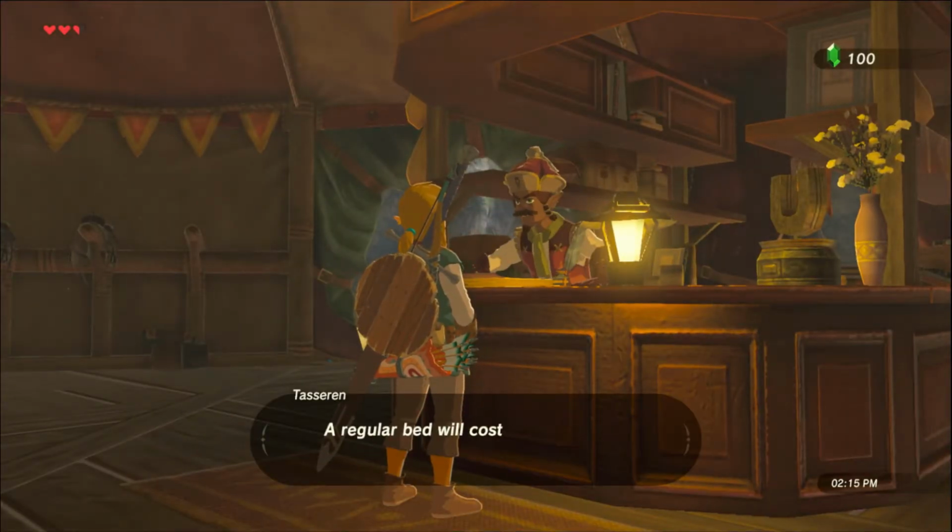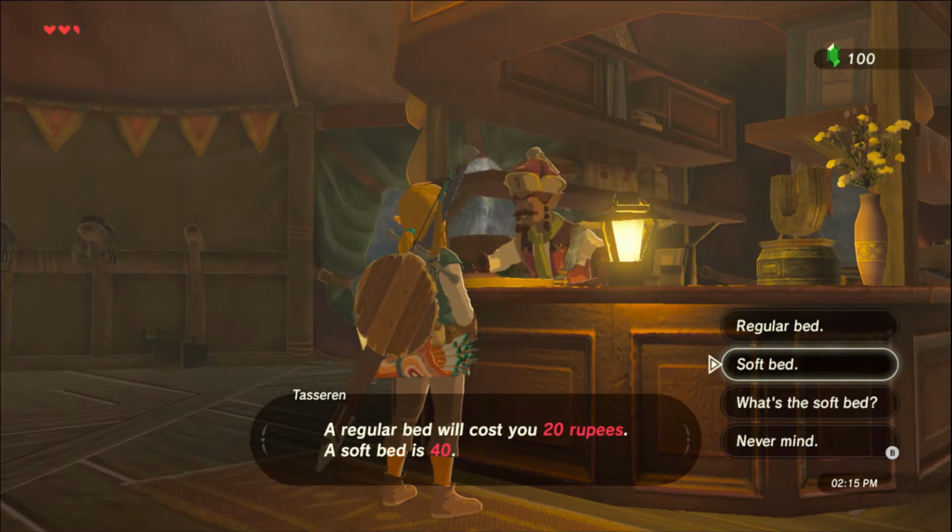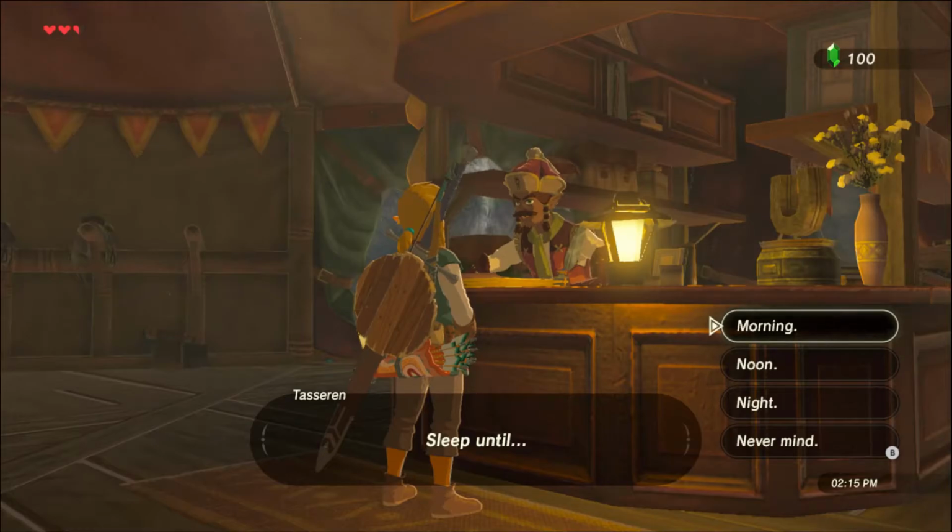And welcome! Will you be staying with us? A regular bed will cost you 20 rupees, and a soft bed will give you 40. A regular bed will refill all your hearts, but a soft bed...